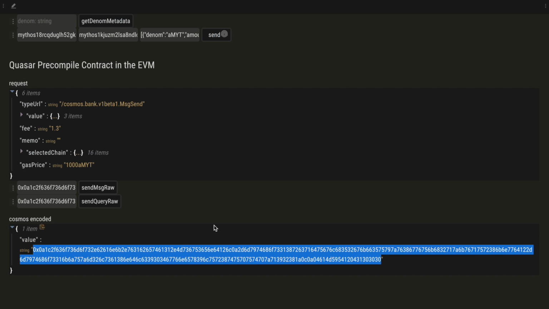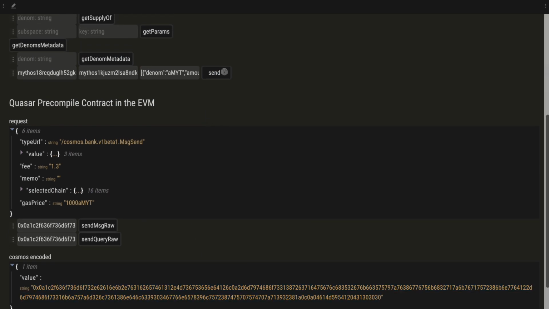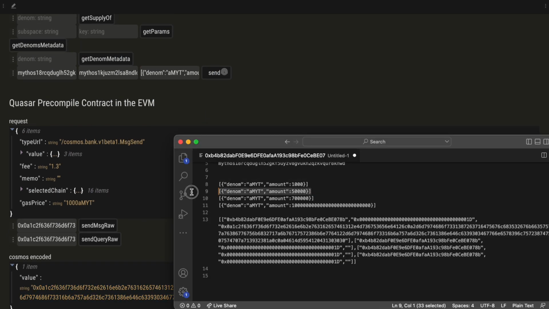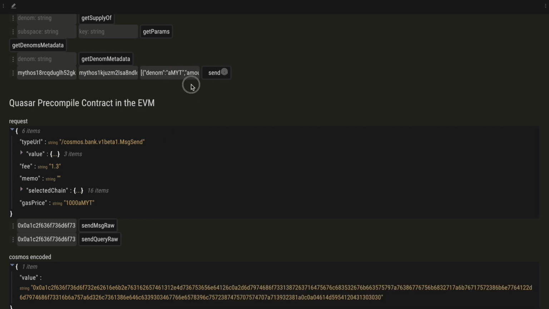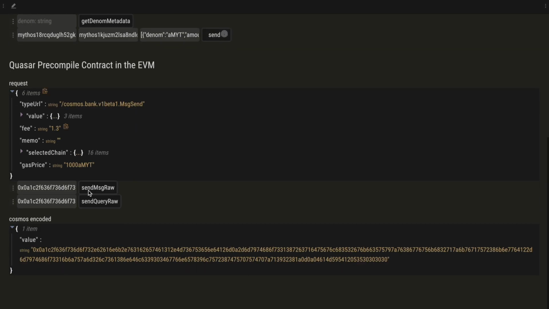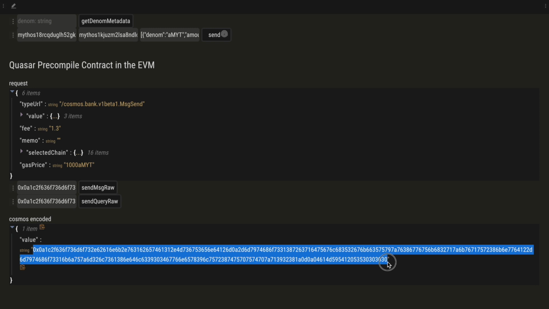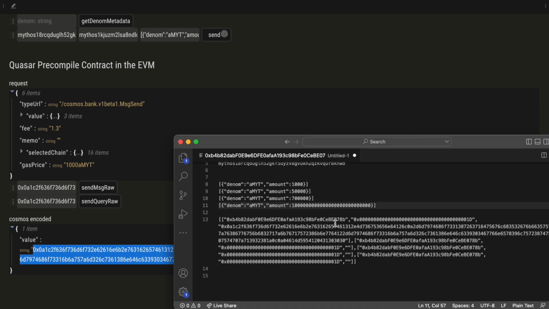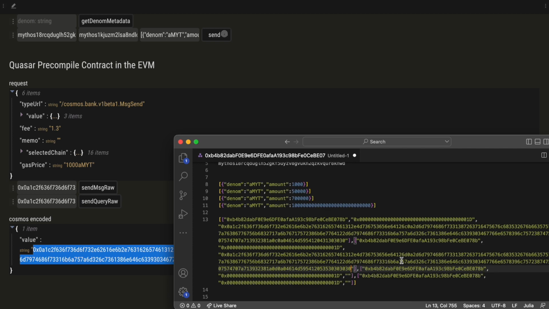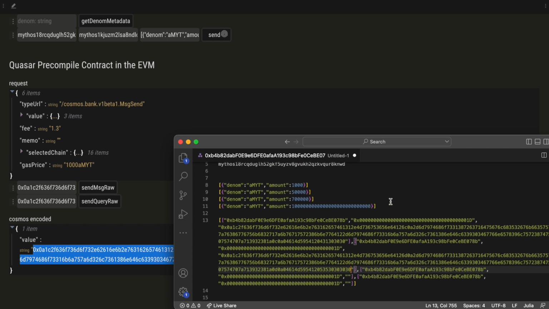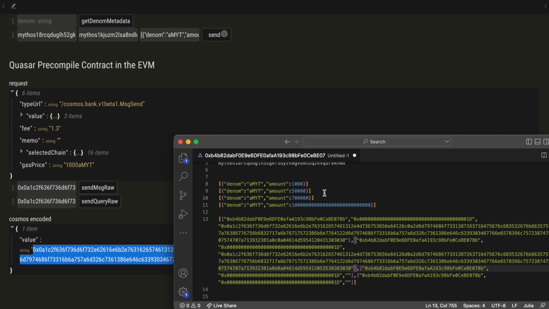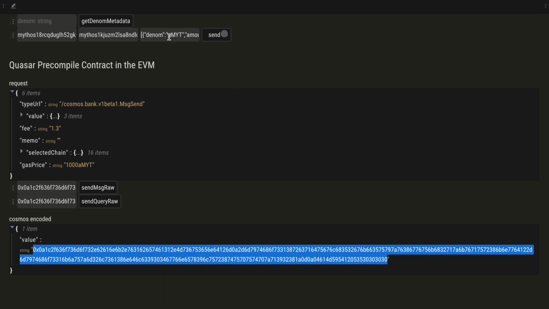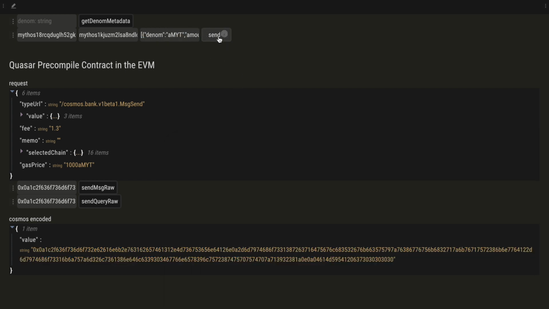So let's do the same for these amounts. And we are constructing the messages with the smart contract that we just deployed that calls itself as the payer of these amounts.